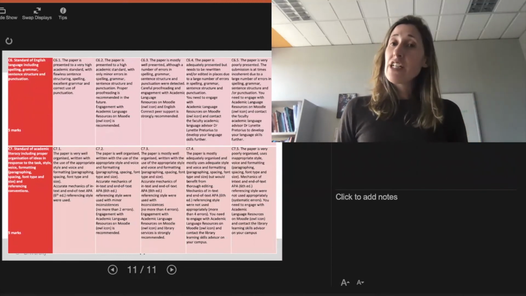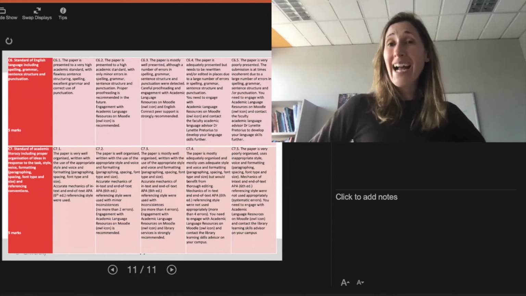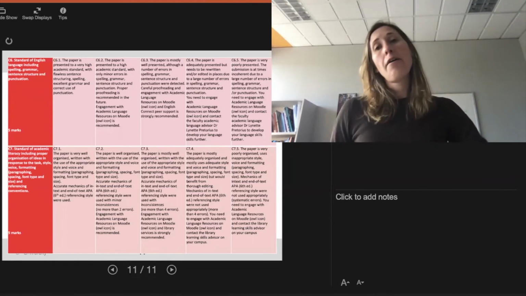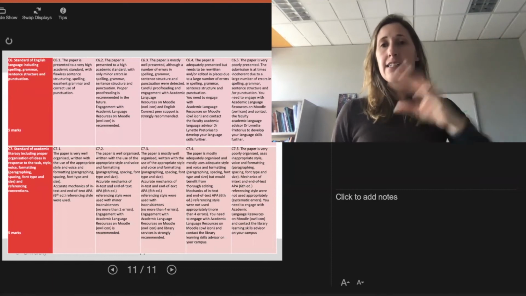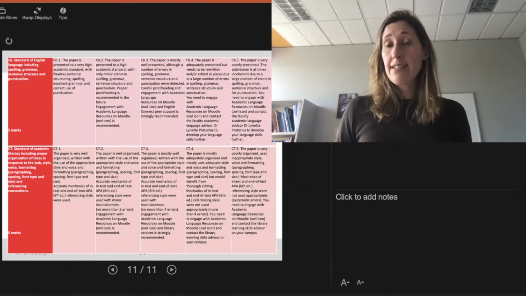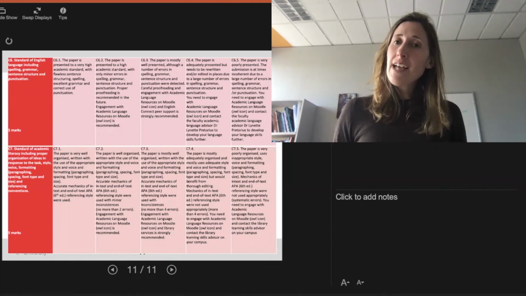And then the last section is looking at your academic formatting of the literature. Are your ideas clear? Does it have a good flow? Do you have topic sentences? Have you supported your ideas? And particularly your reference list and your in-text citations: are those used appropriately, using APA? So here's a little guide. I hope this is helpful.